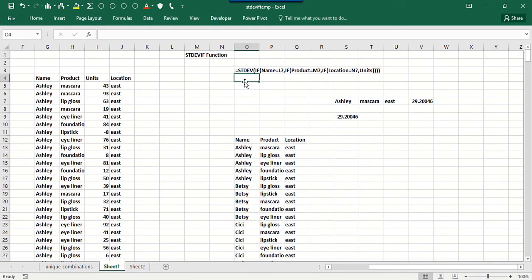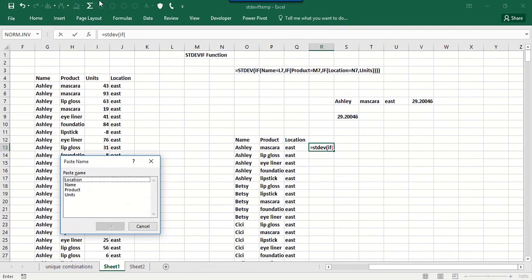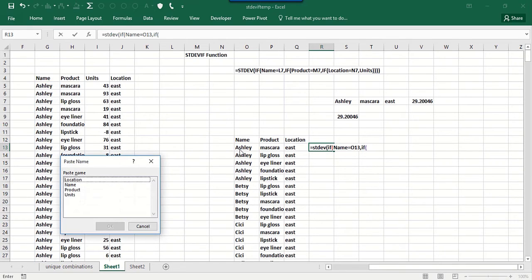And so you take the standard deviation of this final array, which will have the units value if the name is Ashley, the product is mascara, and the location is the East. Otherwise, it's going to have a false, which will get ignored in the standard deviation calculations. So all we have to do is equal standard deviation. Then we do an if statement, and then I can paste in the range name. If the name equals this, that'll be true whenever the name is Ashley. And then I've got to do another if. So that would be if the product